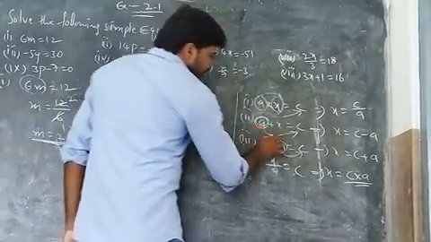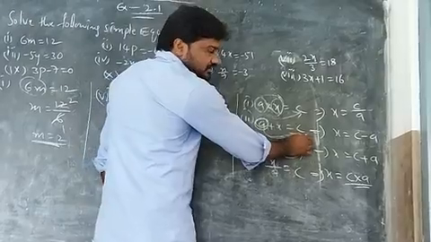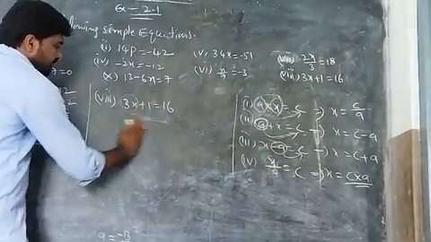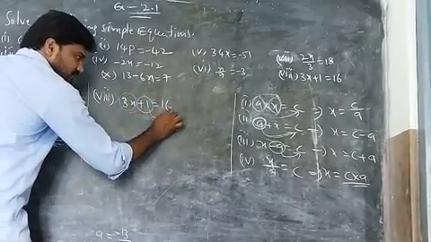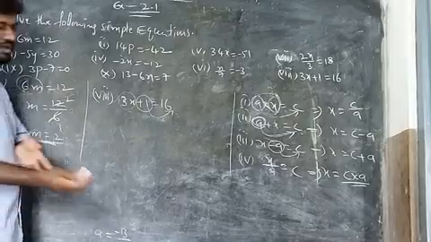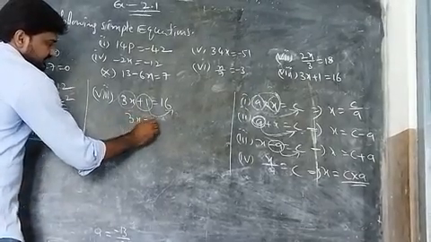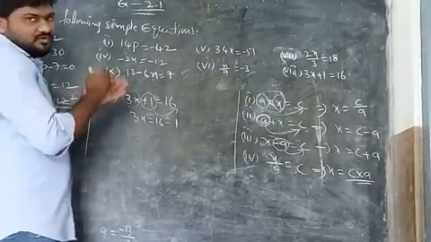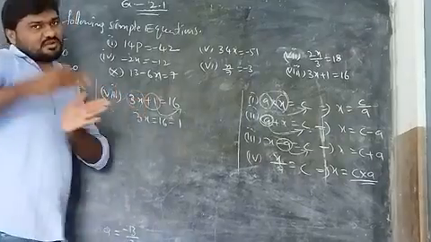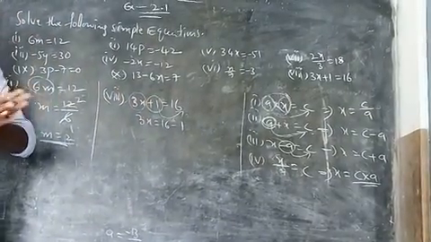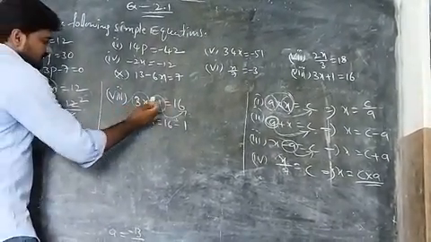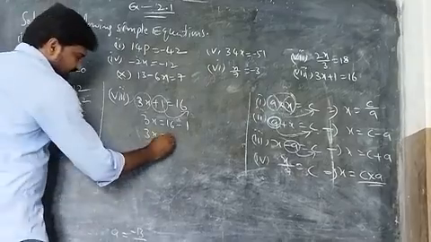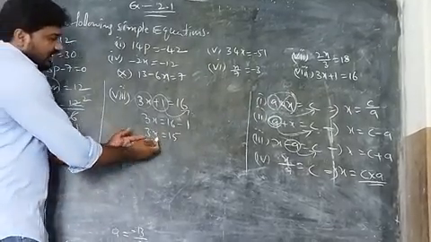When we translate it to the right side, what happened? It becomes negative. So now you are going to translate this positive term to the right side. 3x is equal to 16 minus 1. Why? Because the left side is positive; when we translate it from the left side to the right side, the sign will change. Look, 3x is equal to 16 minus 1, which is 15.